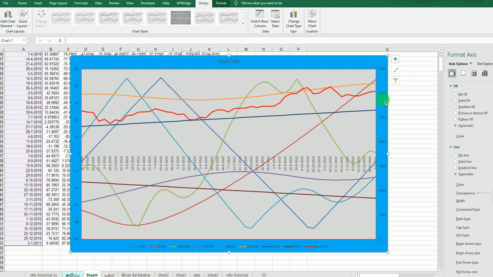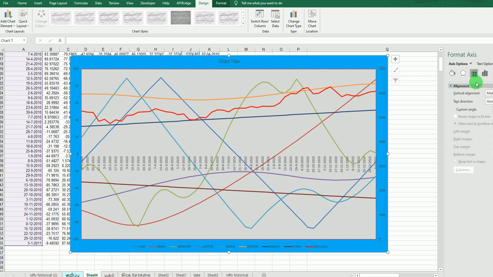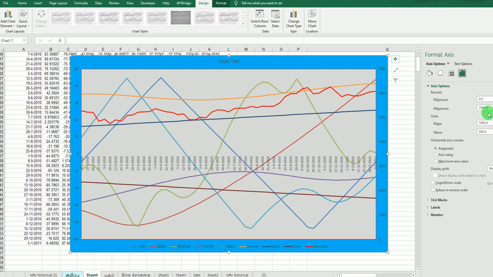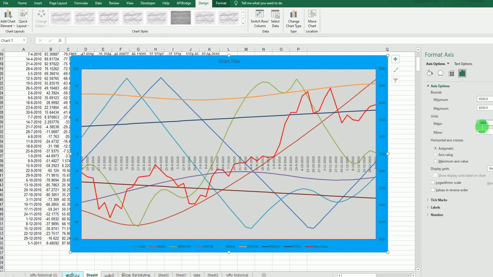See 7,000, this value we should change. Now minimum to maximum: the minimum value we should keep 4,500, and the maximum value we keep, and the major unit we keep 1,000.